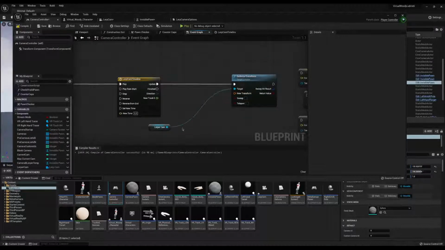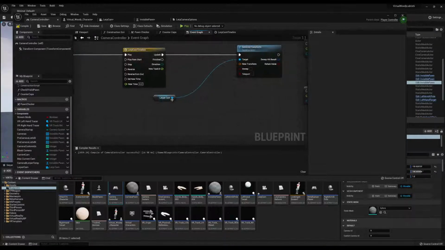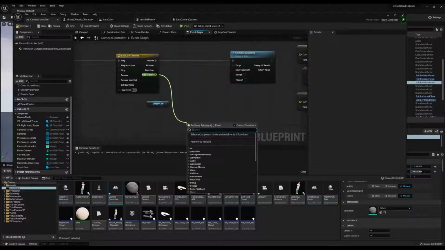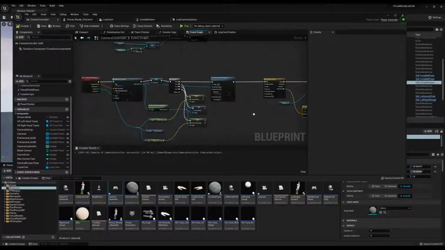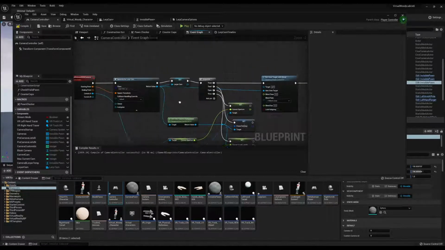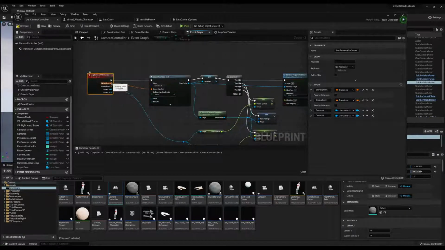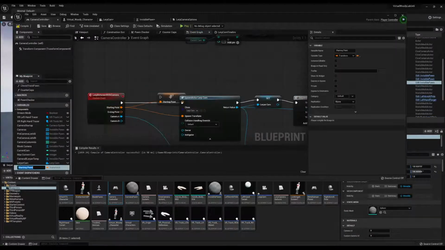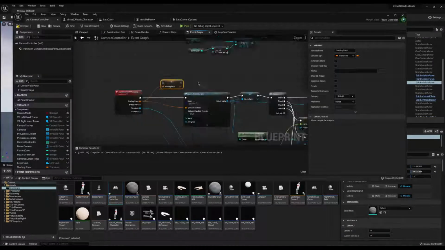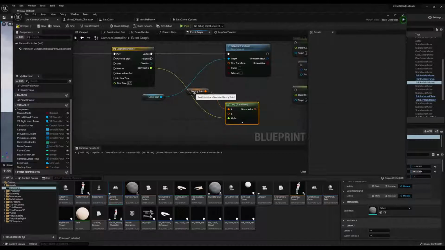is I want to lerp this, right? So I want to lerp between two things. So I'm going to take this value and type in lerp transform. So I'm going to have my first transform that's coming in here. And then I could grab this data point and drag it over, but that's going to be really messy. So I'm just going to promote it to a variable real quick. And then I'm just going to have that data saved and I can bring it back. I think I'll just keep calling it starting point. It's probably a safe name for now. I might have to change that later if I want to call something else starting point, but this should be